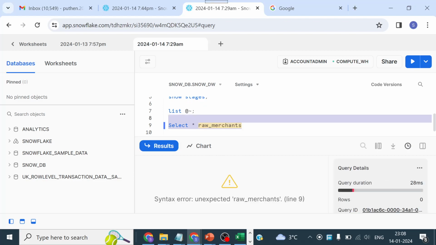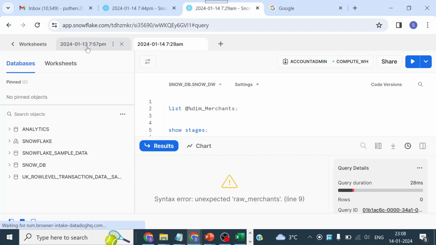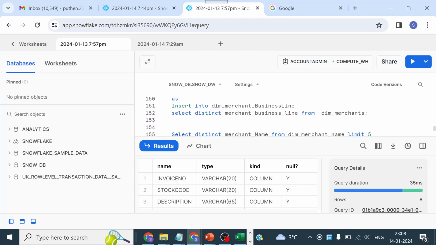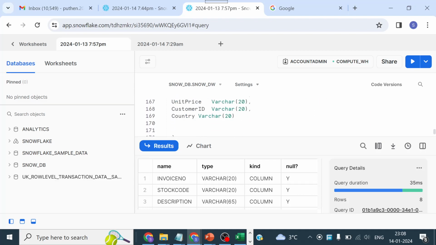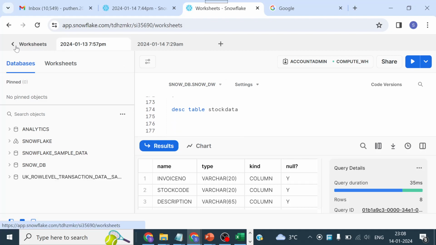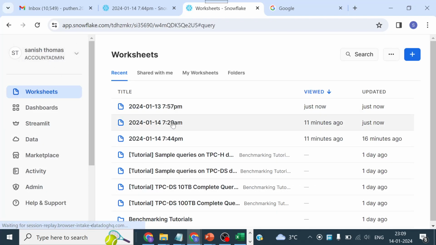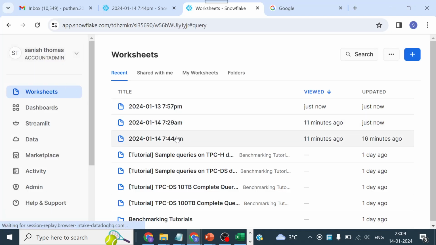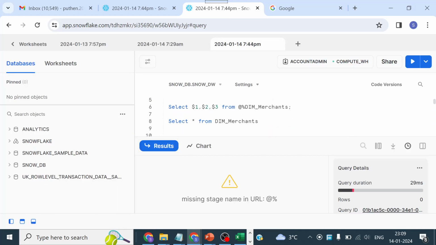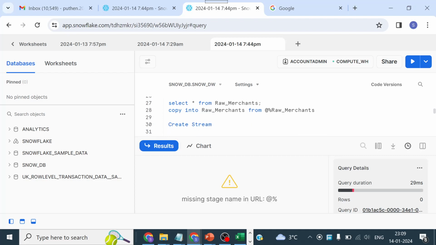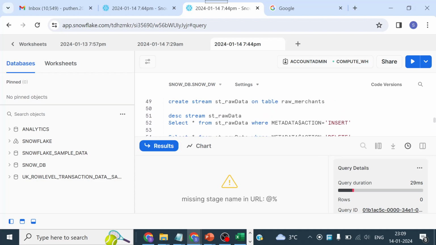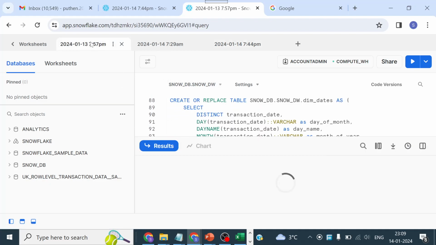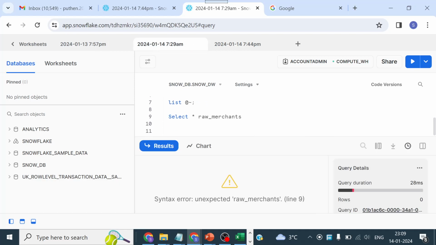I think I have created this table but then it got deleted. Let me just go to another sheet. Sorry, so let's go back. Yeah, no problem, we will create it again. Okay, so let me open the file